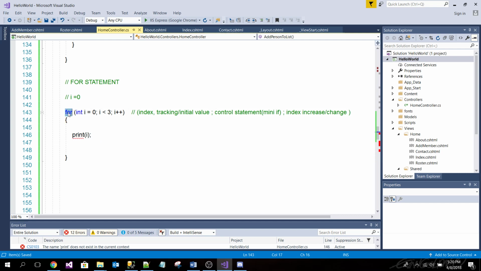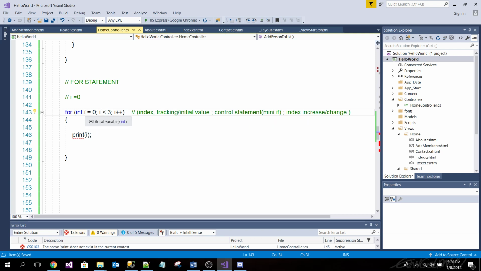Okay, so this construct says, let's follow it through. This is a for loop. I'm going to use i as my control, my index. This is the condition: when am I going to stop, or when is it going to be true? The first time, i equals 0, I'm starting here.